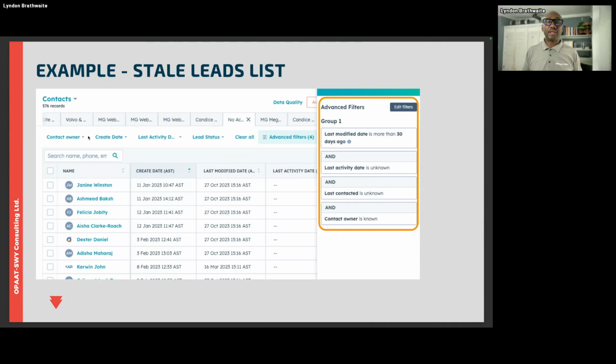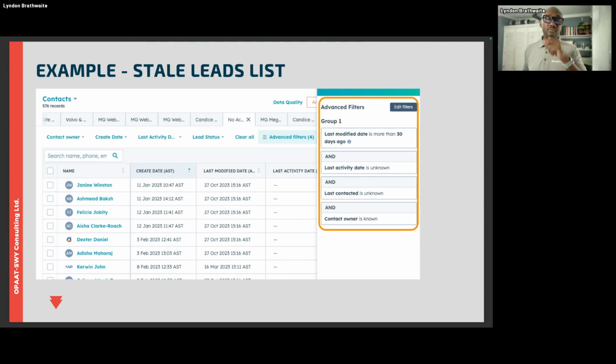And in this example, we have stale leads, that's where the last modified date is over 30 days, and then we're not sure what the activity is, etc. You could modify your filter for leads that are becoming stale. In this instance, we're looking at an example where an organization may want to follow up with a lead. They may want to see leads that are going to be stale in 30 days, all right? Because after 30 days for them, it's important. They need to maybe take some additional action.